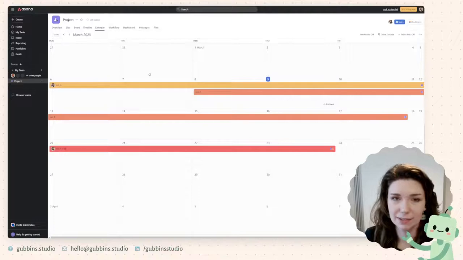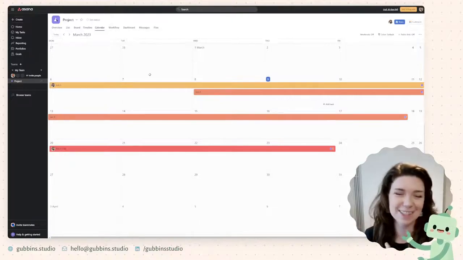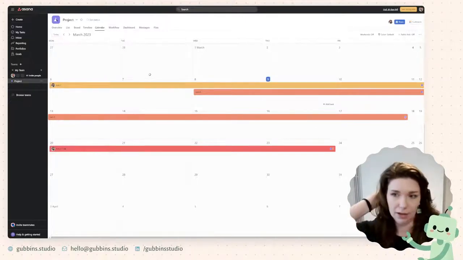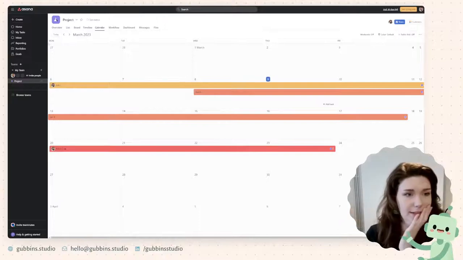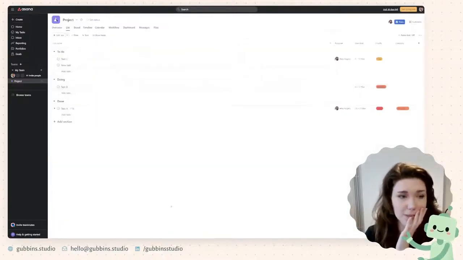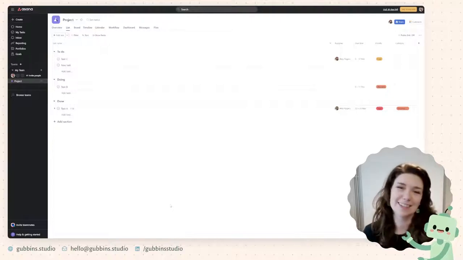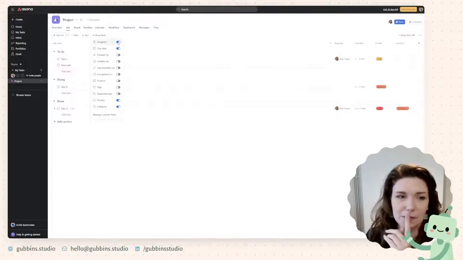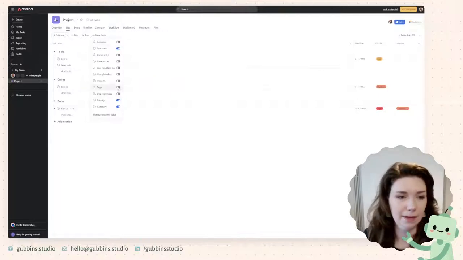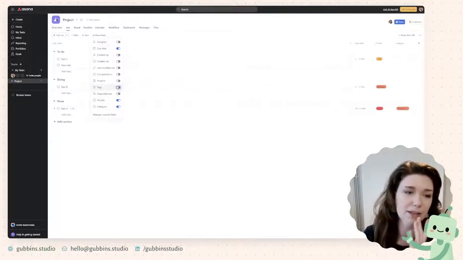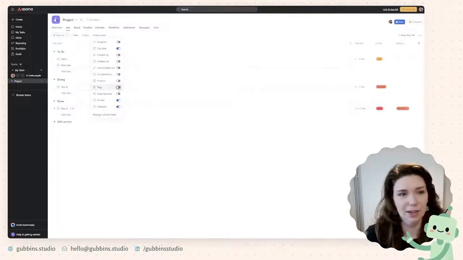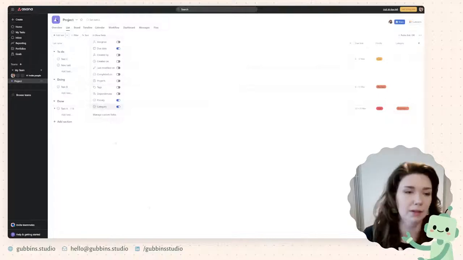Similarly with calendar, I don't need to explain how calendar works, but being able to see which things you should be working on that day, which things are coming up. And then with list view, this one is literally just a list of all the tasks you need to do. I think you can show and hide the different properties. So if you're the only person who's working on these things, you probably don't need to know the assignee. And tags. Yeah, you can just toggle your different fields on and off. So that's quite handy within a view to be able to have different ways of seeing the same thing.